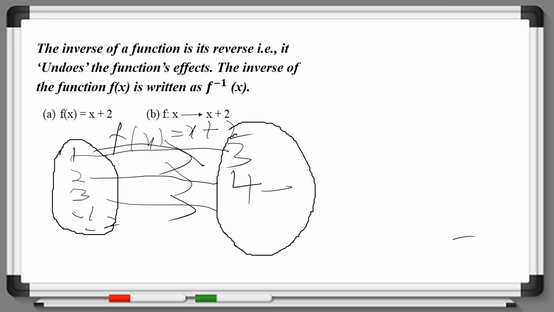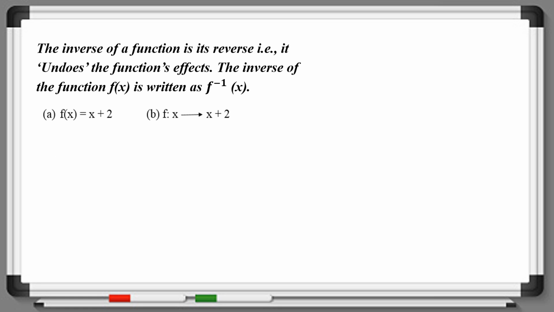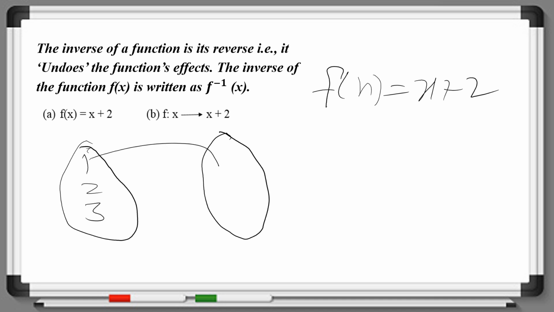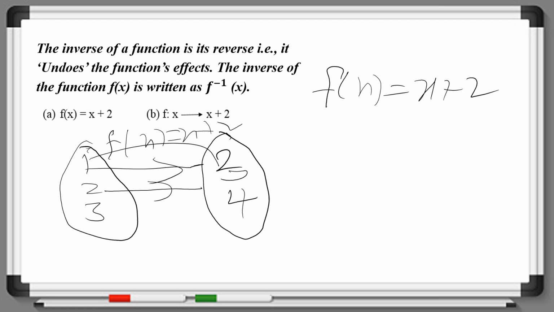now here, f at x, what I had written, is x plus 2. So we took the numbers 1, 2, 3, and f at x is x plus 2. 1 is mapped to 3. If I take 2, 2 plus 2, I have written 4. 3 plus 2 is 5. If I extend the numbers -1 and -2 here, -1 plus 2, 2 minus 1